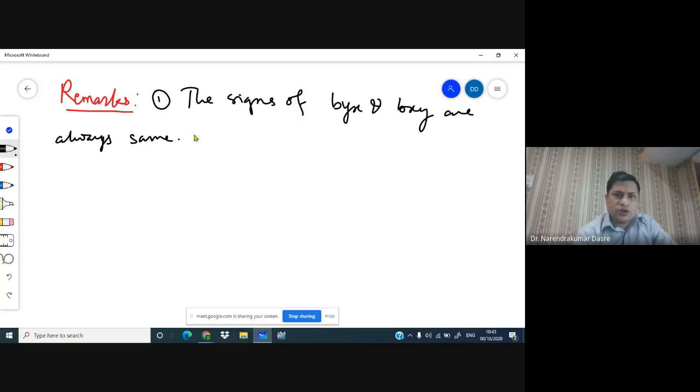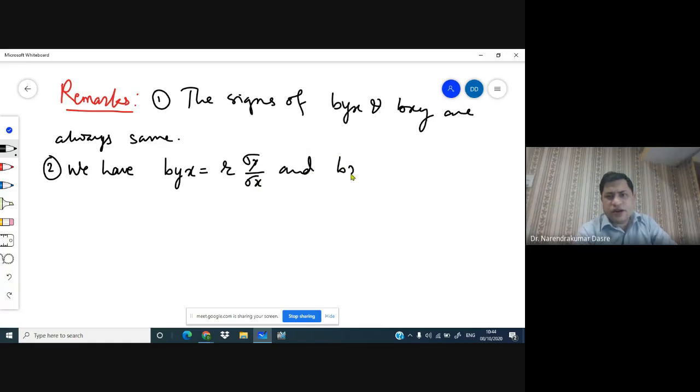We have the formula of byx, so it is r sigma y upon sigma x, and bxy is equal to r sigma x upon sigma y. If we multiply these two, byx and bxy, then